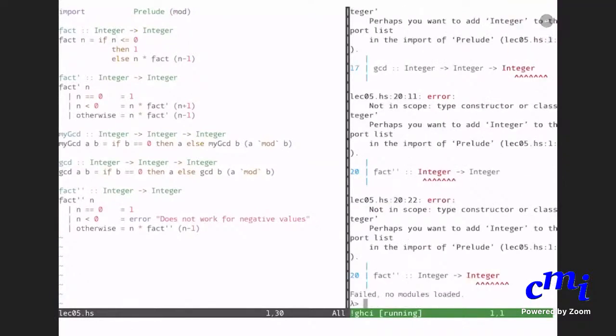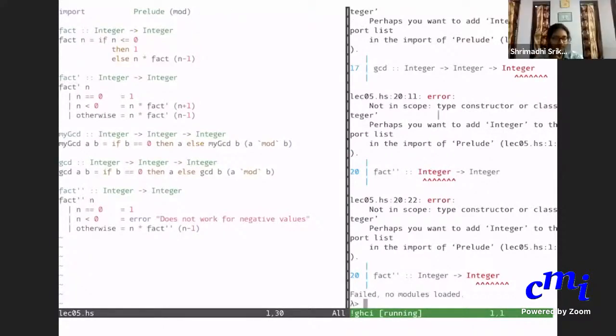No, it doesn't, because even things like integer, error, etc. all require prelude. So you cannot just say import only mod. Now you see the difference: when you say import prelude mod, it is importing only mod and nothing else, and that creates errors on all kinds of things.